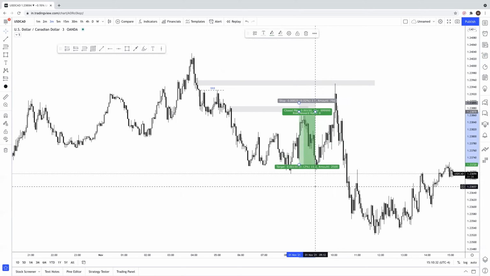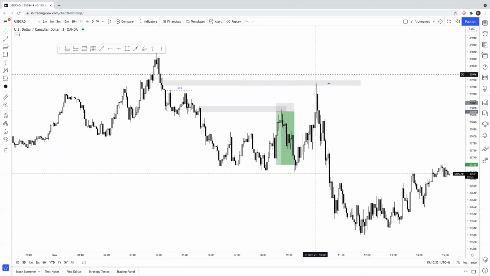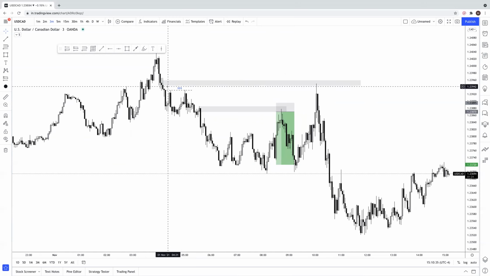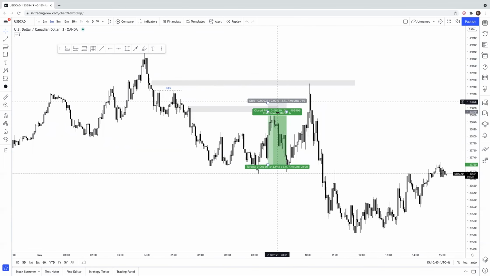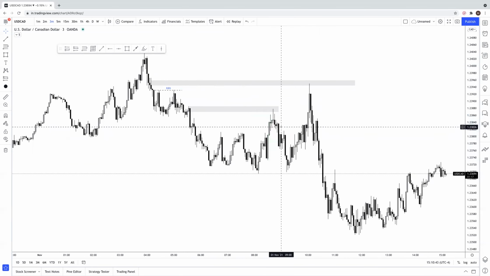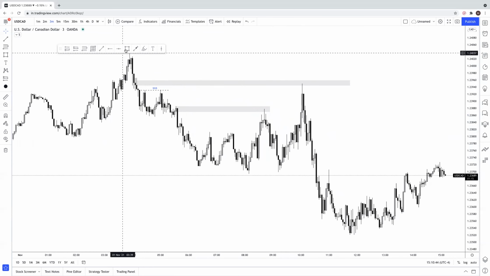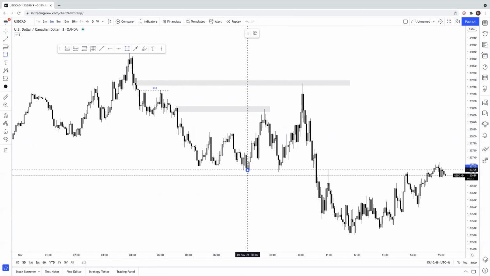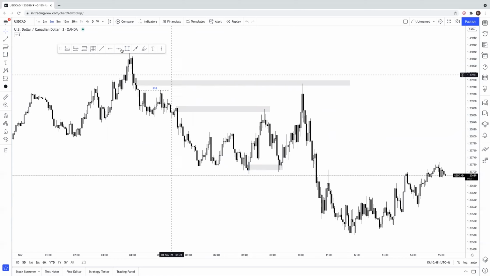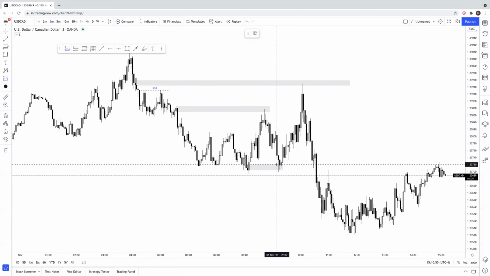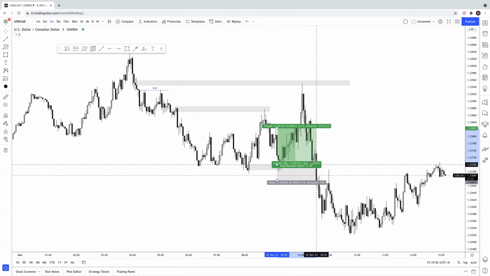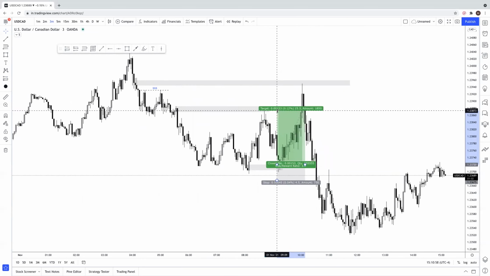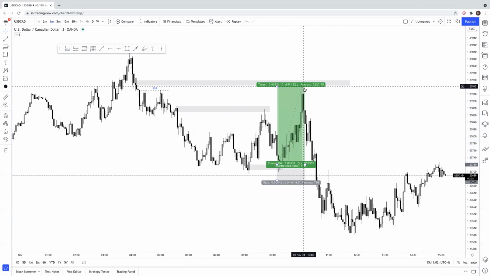But overall, my thoughts were we were going to come into this area because we left these equal highs here and because we had to fill this imbalance up here. So this was the first short, 1-6. Here's the block I took price from. We had a 3-minute block right here. My entry was right on the block and I had a stop loss right here. And as you can see, targeting right above these equal highs, I took it at a 1-5,